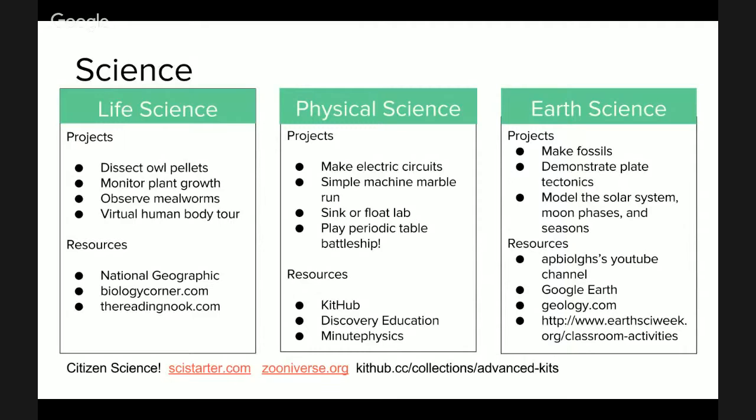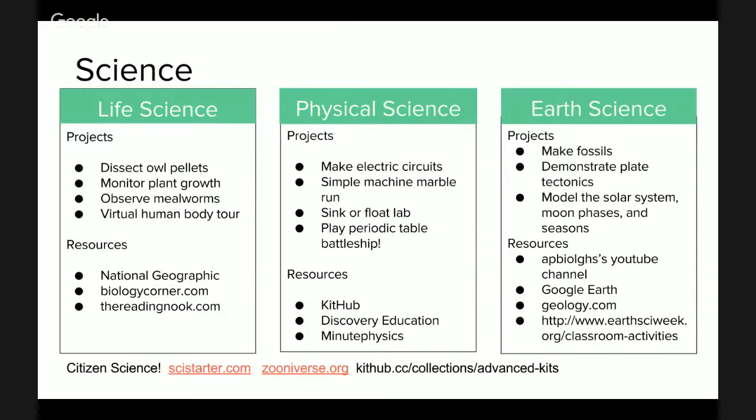With the owl pellets, I know some homeschool parents that have been doing that with their kids, and it wasn't something that I did. I remember I had to dissect, I think it was a cow's eyeball. It was kind of gross. The owl pellets sound interesting though, and that's when the kids are discovering bones and different things that the owl has eaten, right? And there are so many great literature connections with dissecting owl pellets too. That's why I love that project.